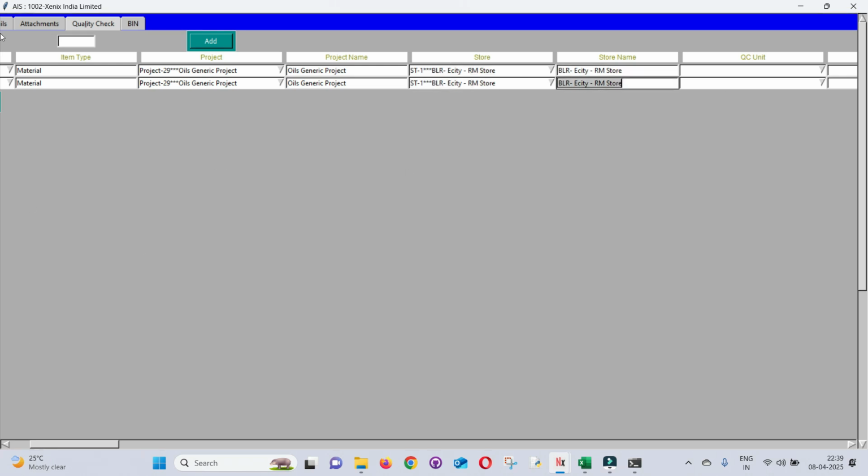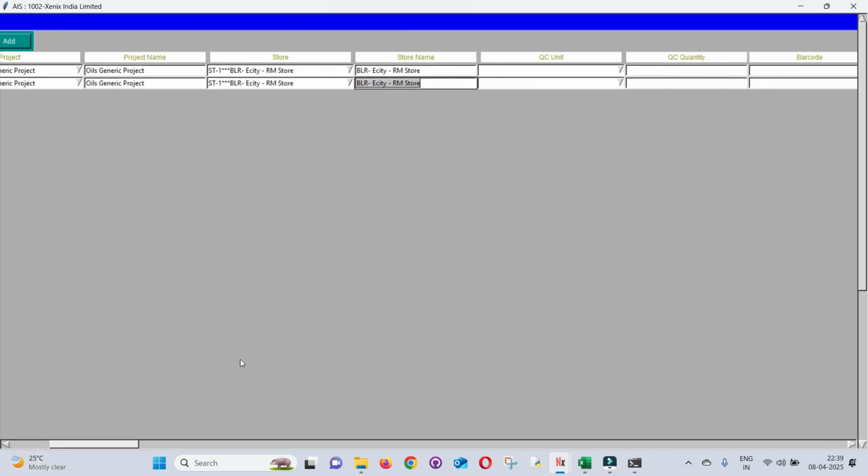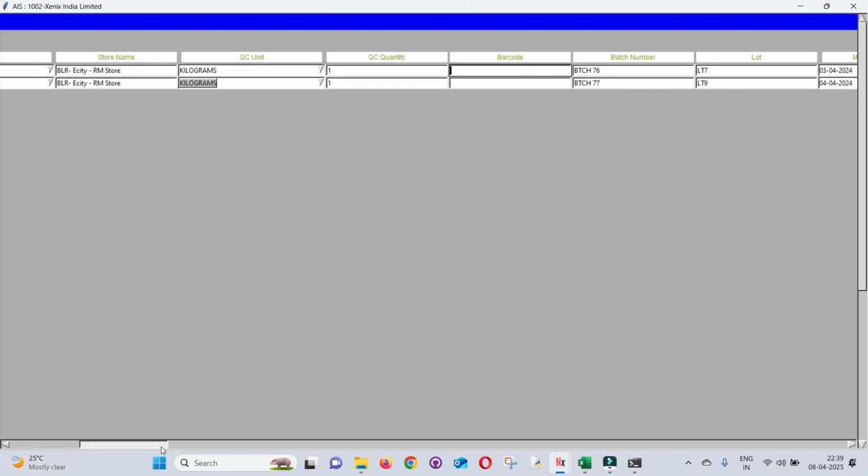So we have received carbon bleach as well as caustic soda. Out of so much big quantity, we are taking 1 kg as a sample, and QC unit 1 kg. We are doing a quality check, and for this barcode, all this data automatically got pulled. QC result is 98%